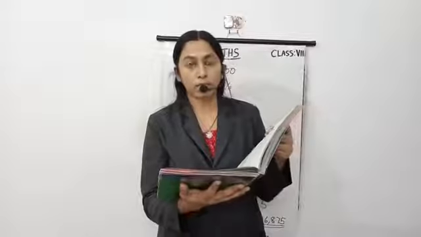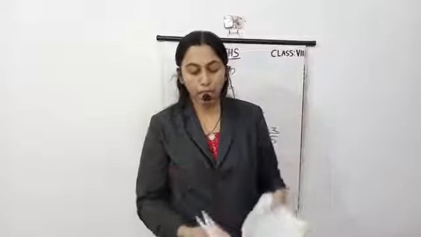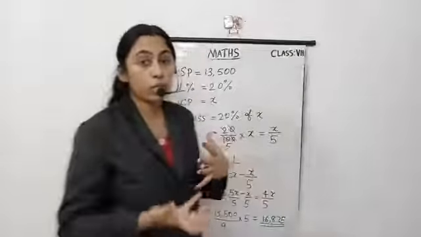Now question 6. Juhi sells a washing machine for rupees 13,500. She loses 20% in the bargain. What was the price at which she bought it? So this is the opposite mode of question 5. Here Juhi sells a washing machine for rupees 13,500 and she made a loss. So we need to find its cost price.